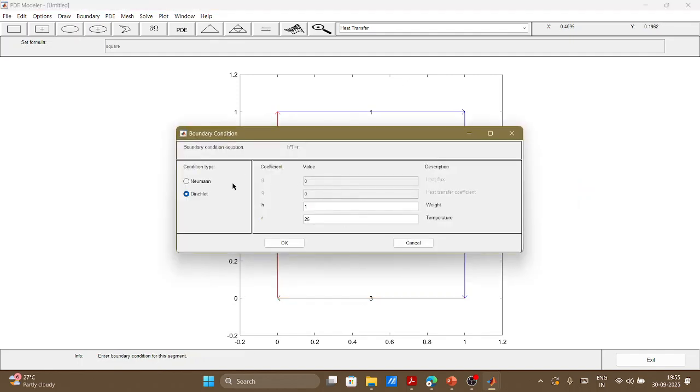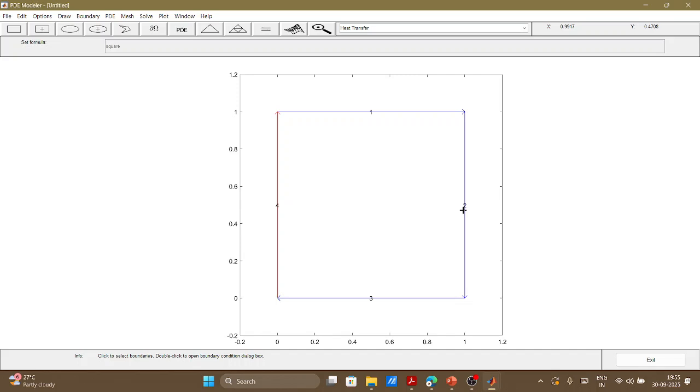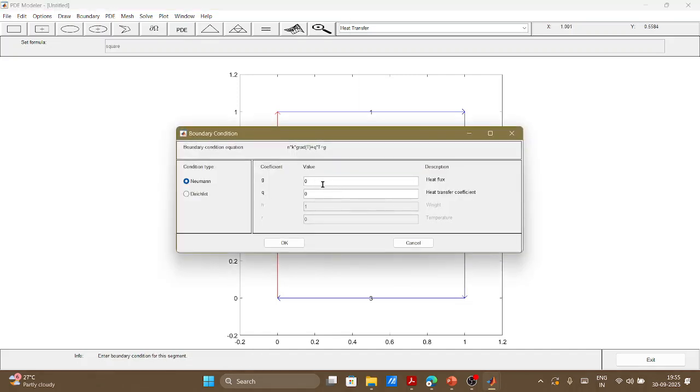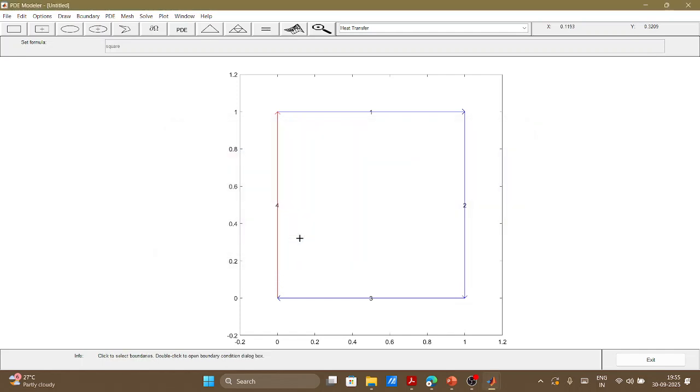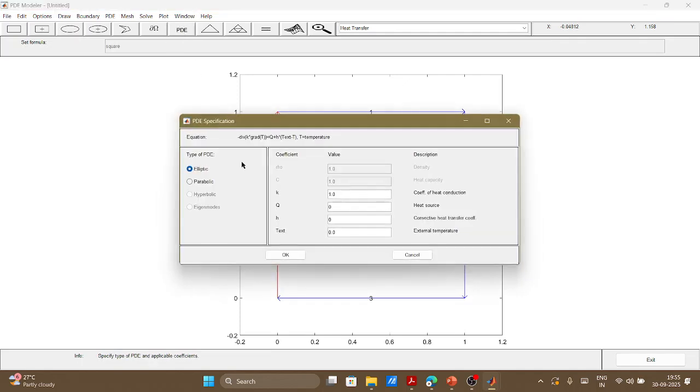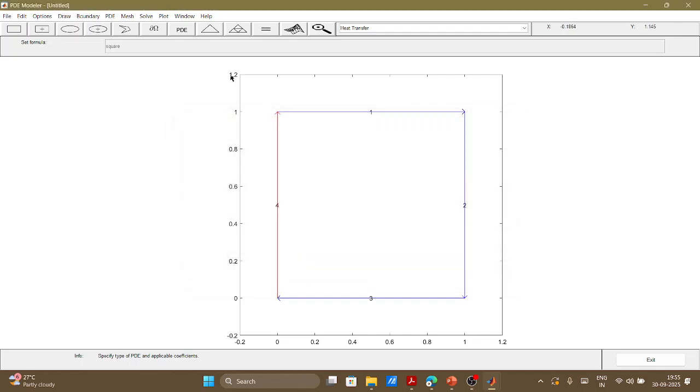Same for the bottom part also, there is no additional heat flux, but the heat transfer is happening with the surrounding. Same I will do for this edge also. G is 0, but heat transfer coefficient I am putting at 50. In the PDE solver, in the elliptic part, external temperature, let's keep it as 25 and H value as 50, and then see what happens. Okay,